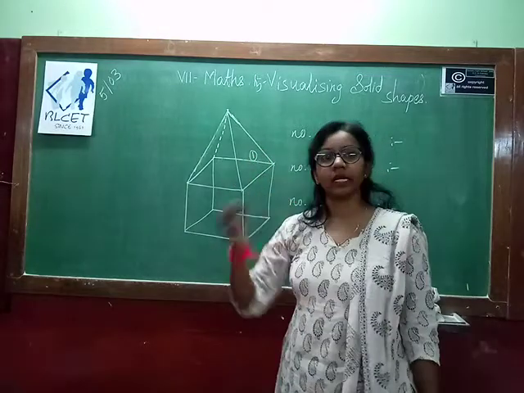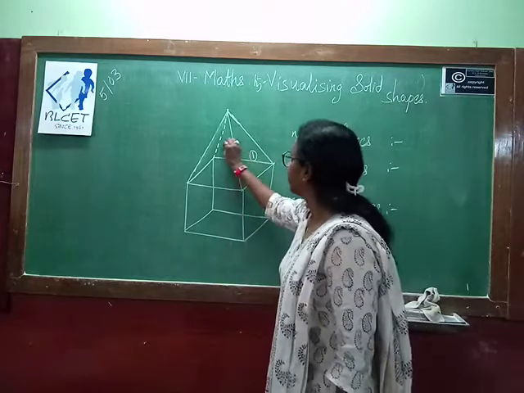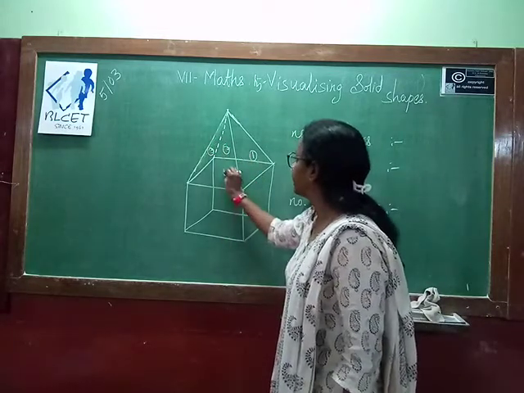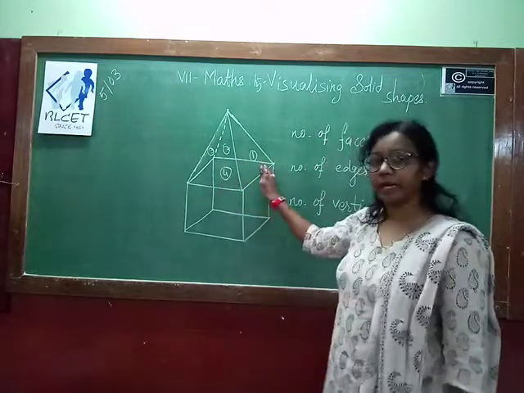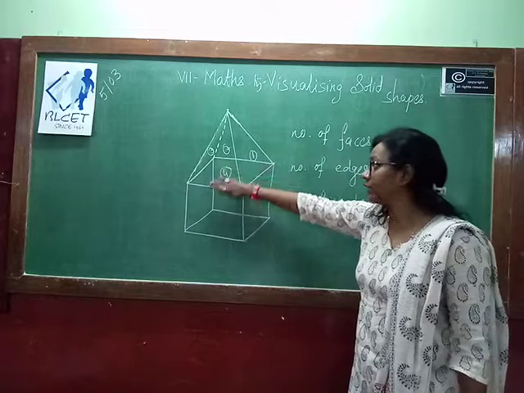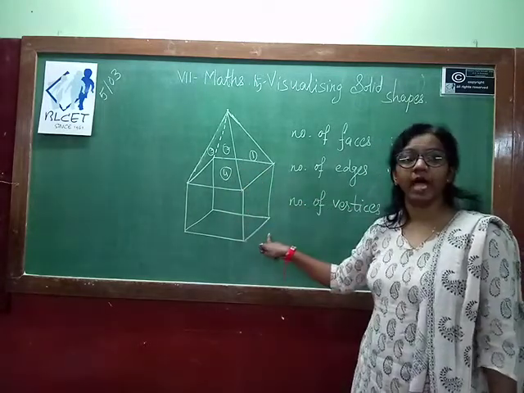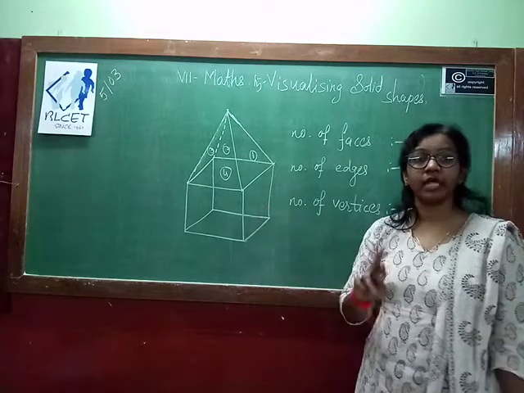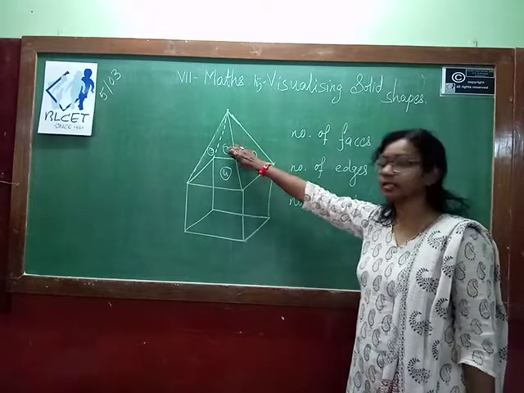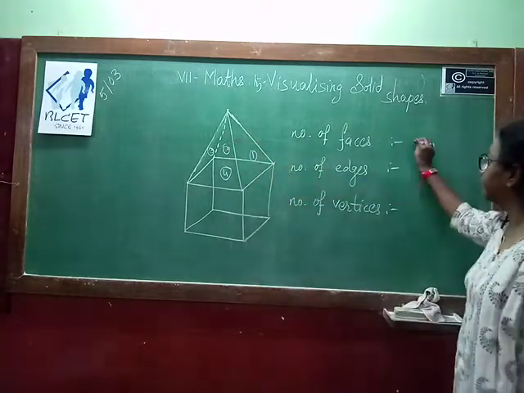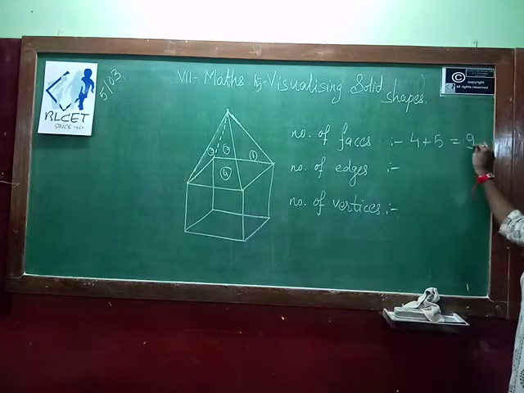We know that in a quadrilateral pyramid we have 4 lateral surfaces. 1, 2, back side, 3 and this is the front side, 4. So 4 surfaces for this pyramid, and the remaining surface we are not considering, the common surfaces. So we know that in a cube we have 6 surfaces, in that one we have to ignore. So 5 from the cube, 4 from this pyramid. So how many faces? 4 plus 5, we have 9 faces.